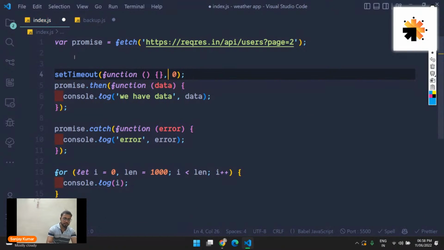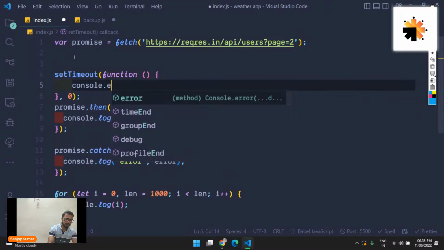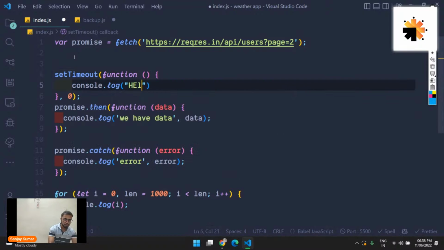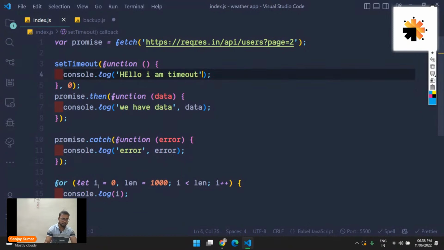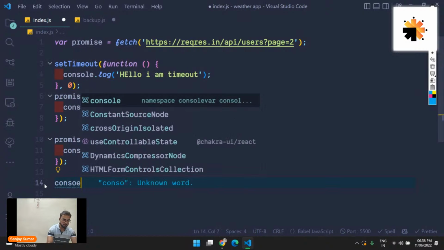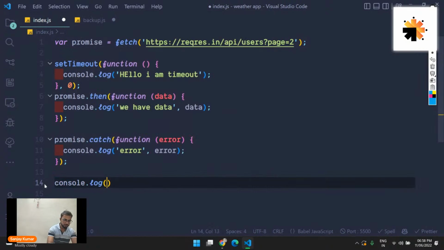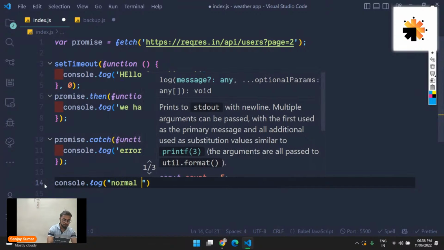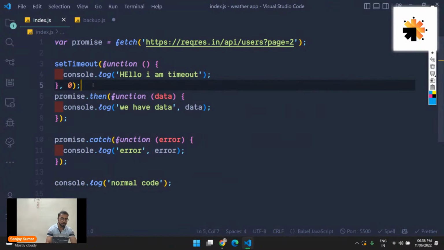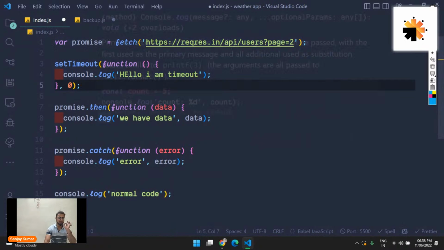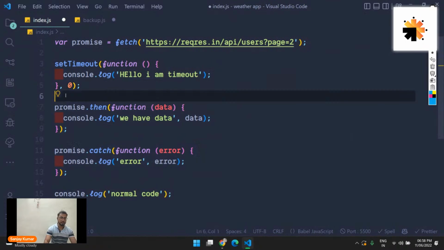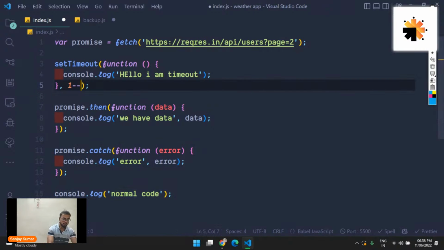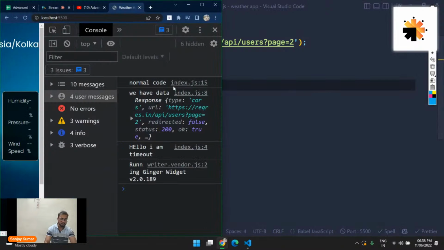So if there is a function which is going to execute immediately, console.log, hello, I am timeout. And if I save this, and if I do a console.log of normal code. So now here we have a setTimeout function which is going to wait for 0 seconds, and then we have a promise that is going to get resolved. And here we have normal code. Let me just wait for 1000 milliseconds. If I go inside the console panel,